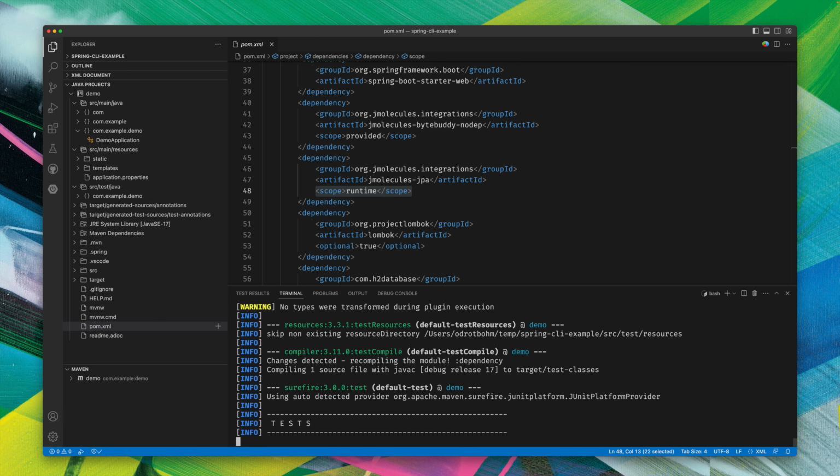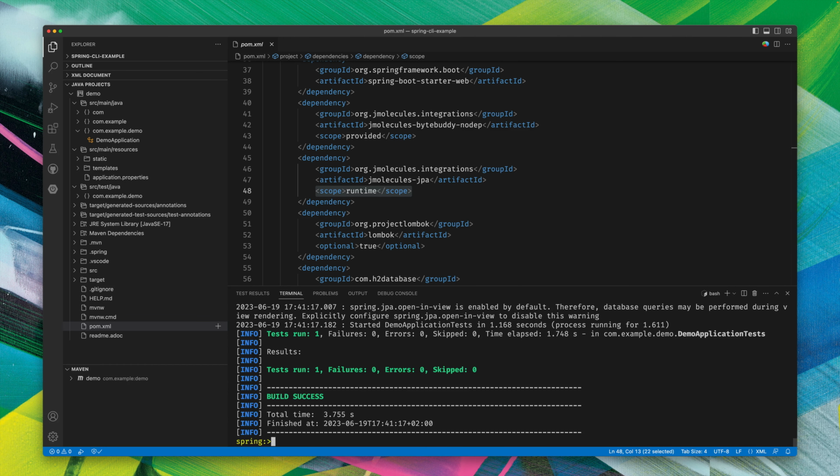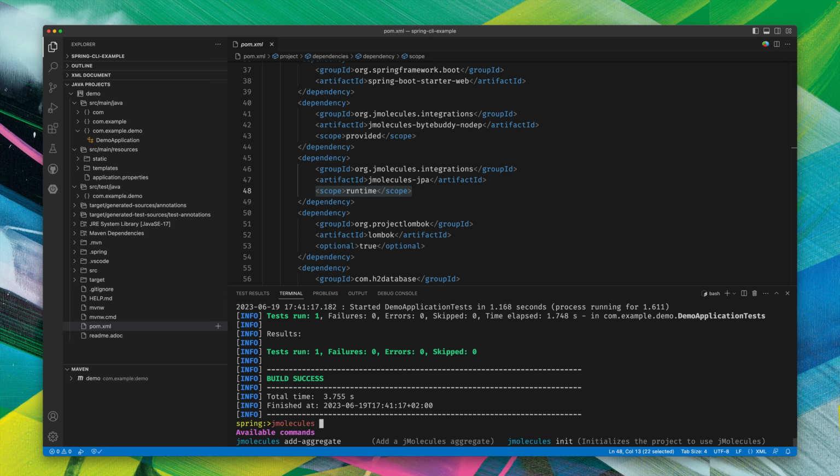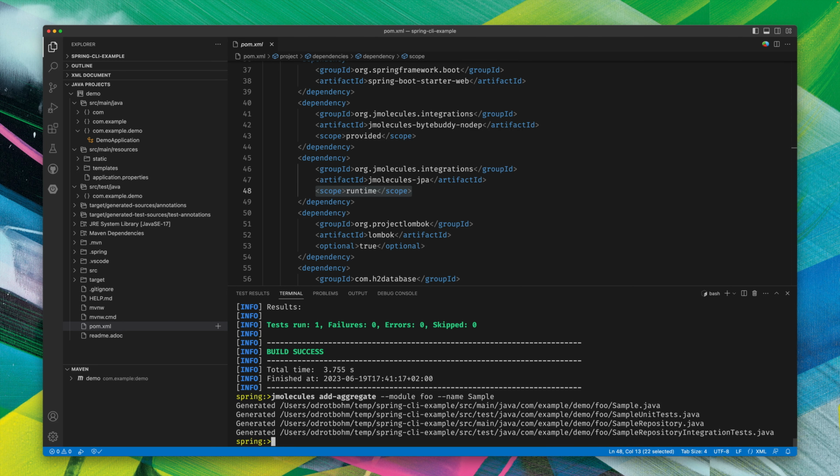That should work. There's nothing in there yet, it just starts the application, right? So the next thing we can do is add an aggregate. Adding an aggregate usually involves a bit of boilerplate code. You need the aggregate type, an identifier type, a repository, plus the actual integration tests for the overall arrangement. So what you can do here is define the module you want to create the aggregate in, which we just name foo, and we name it sample,